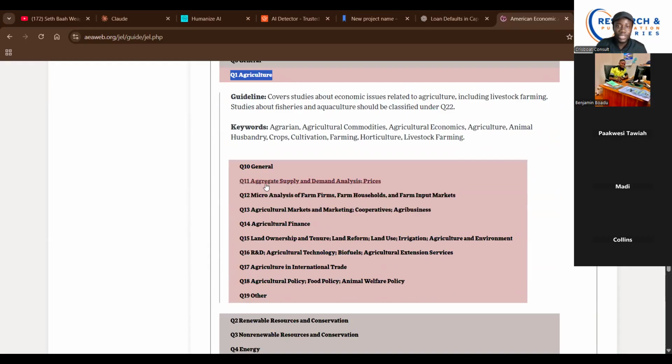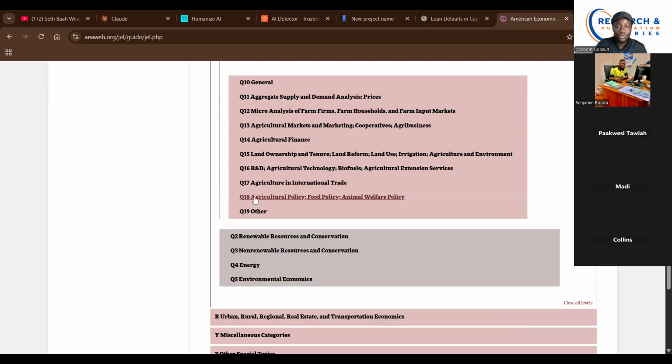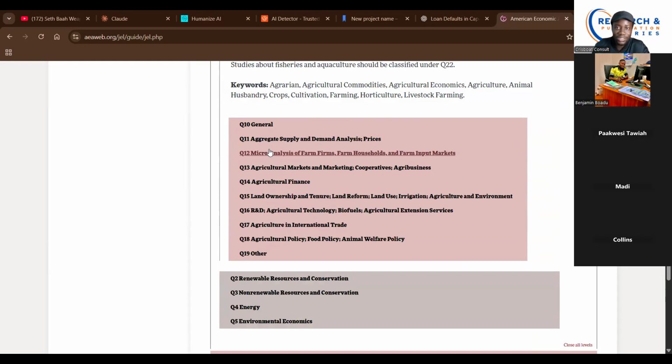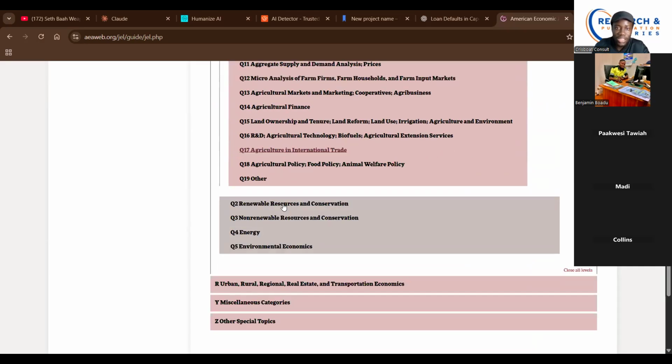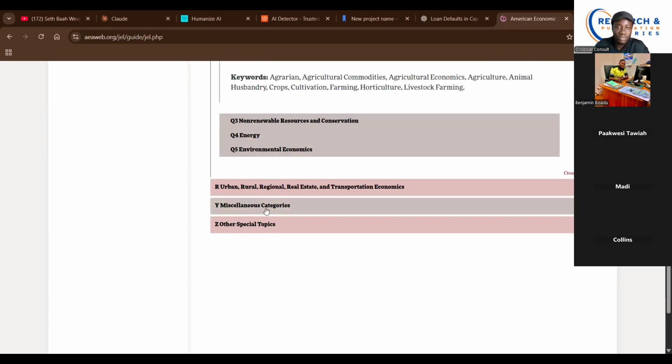So you can come and pick Q1 or maybe Q18, and go and add it to your JEL classification codes. And the person who was working on renewable energy, I think that was Prince. Yes, Prince. You can come and pick renewable resources or something.